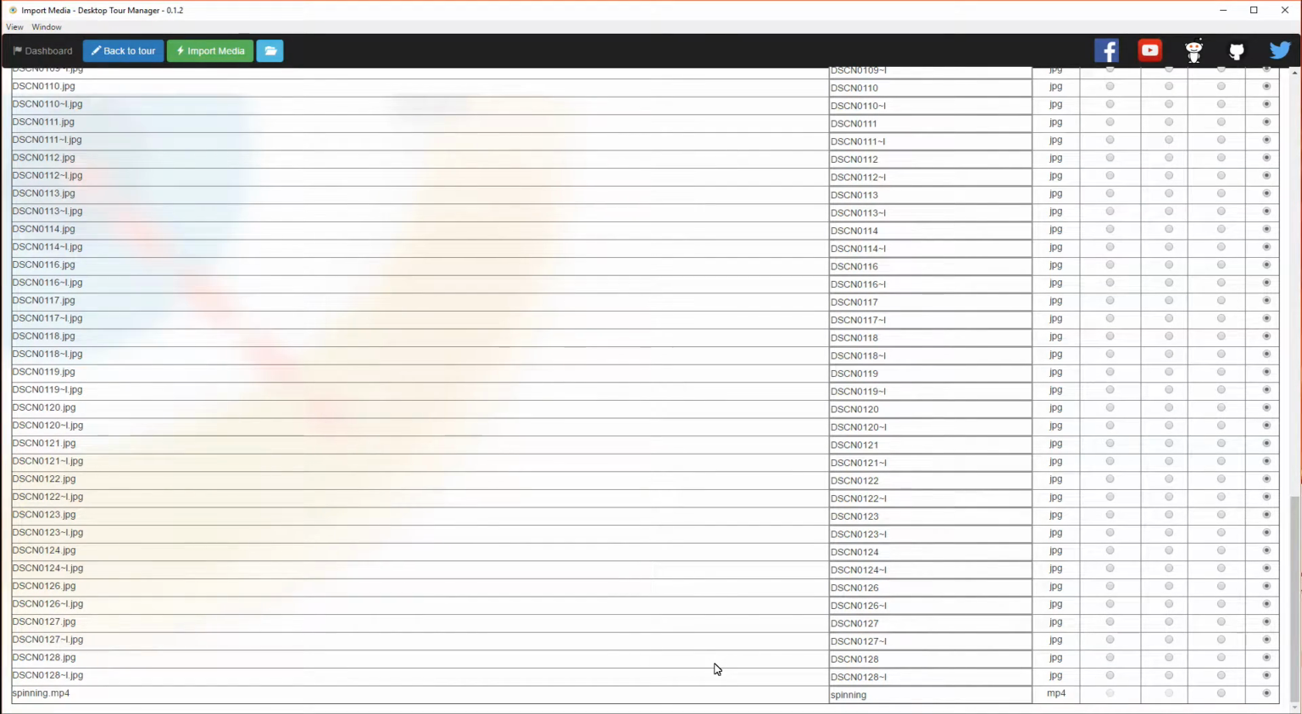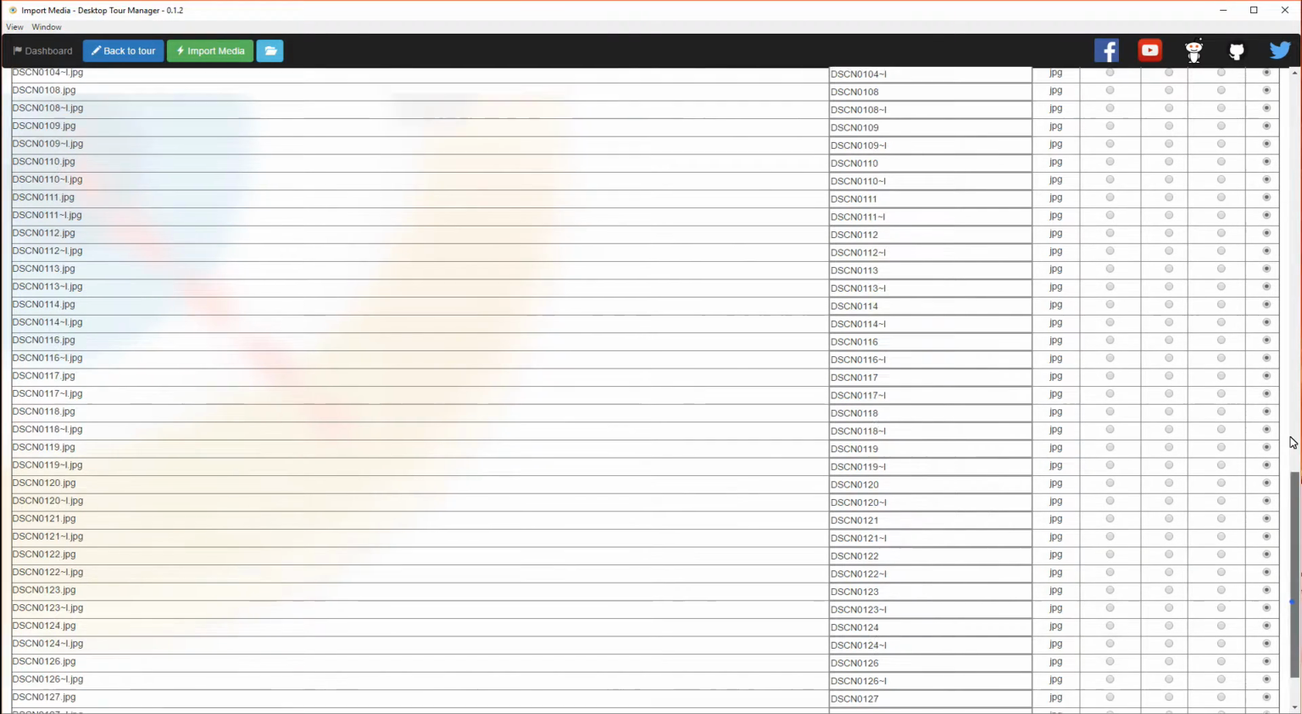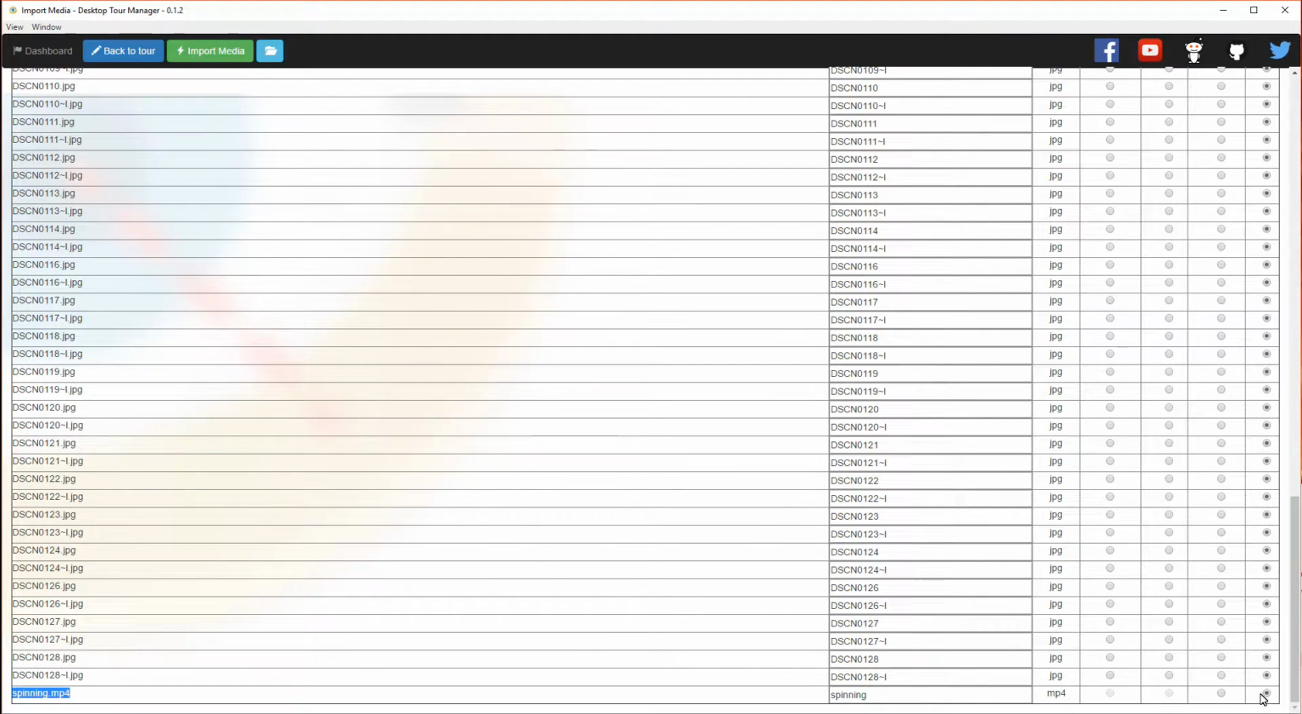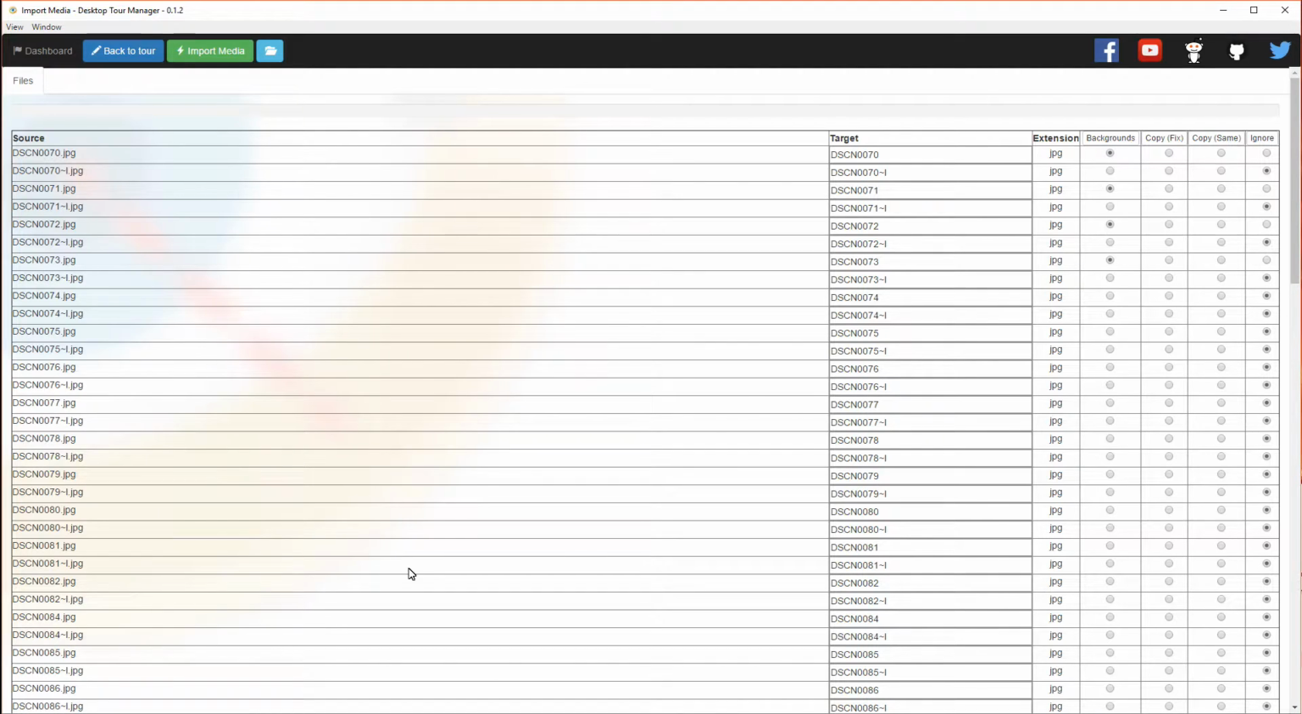Now, if you notice in the bottom, this movie file here does not have the background or copy fix option. It has just copy, because for movies, I can't modify them, but you can just tap here in the copy same column, and then you can copy the file right into your tour. So once I've chosen all my content, just hit Import Media,